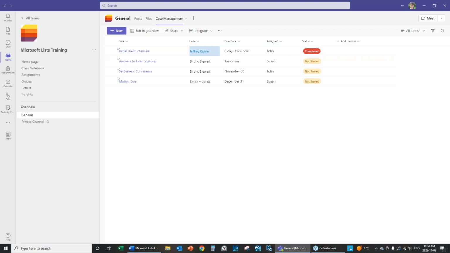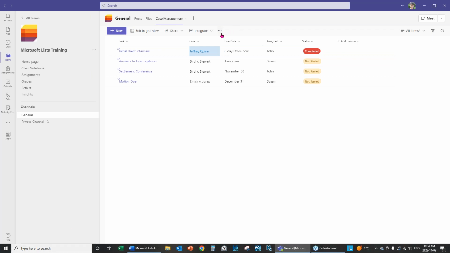Now, in order to do this, you need to be able to choose an automate option. And I can see at the top of my screen, I don't see automate. I just see the word integrate. Now, depending on how your list, your Microsoft Teams is set up, or what type of team is set up, or what your administration rights are, you may or may not have the automate feature there. Now, I know I used to have the automate feature there, and now I don't see it, but there is a way, if it's not displayed, how you can actually do the automation,